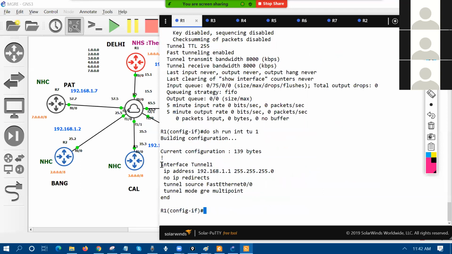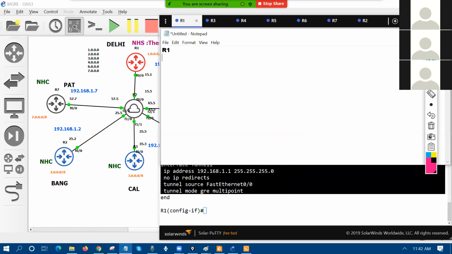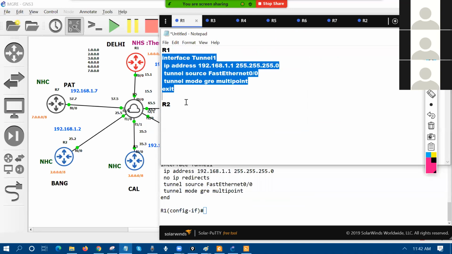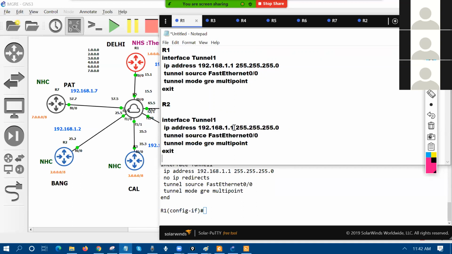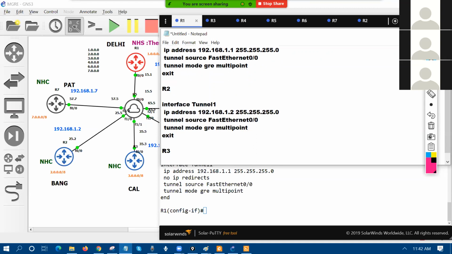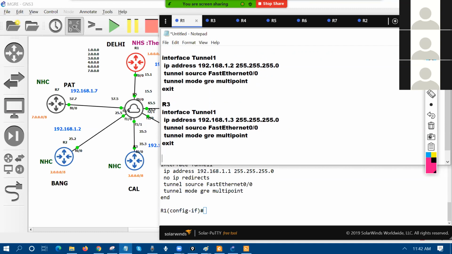I just need to put the same configuration, right? So now router number 1, I did this configuration, right? Exit. Router number 2 also has the same configuration, right? I just need to change the IP address, 1 or 2, because they have the same tunnel source 0/0 on this guy as well. If you have a different source, then you need to change the tunnel IP address or tunnel interface number. 103, 104,